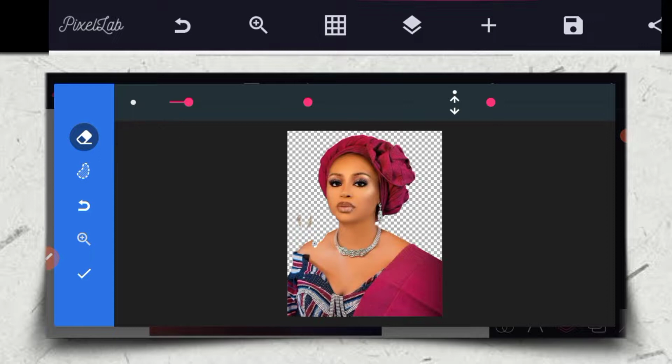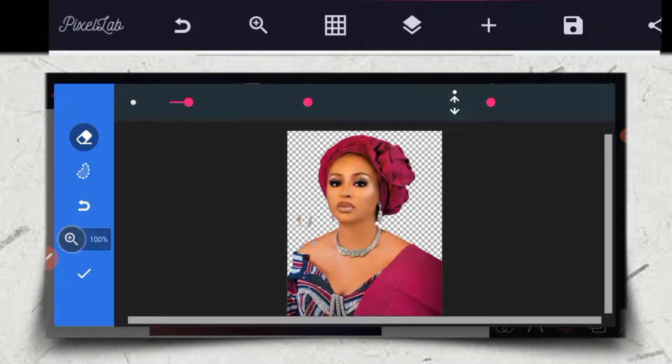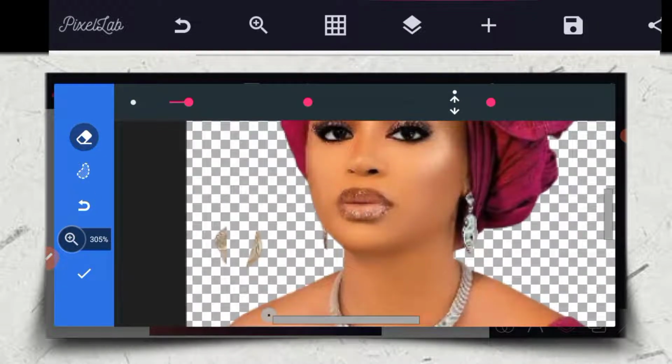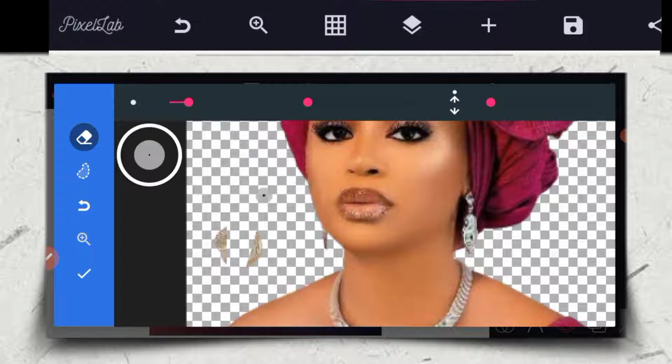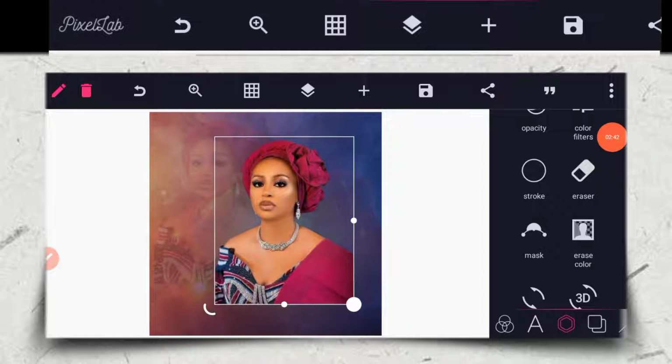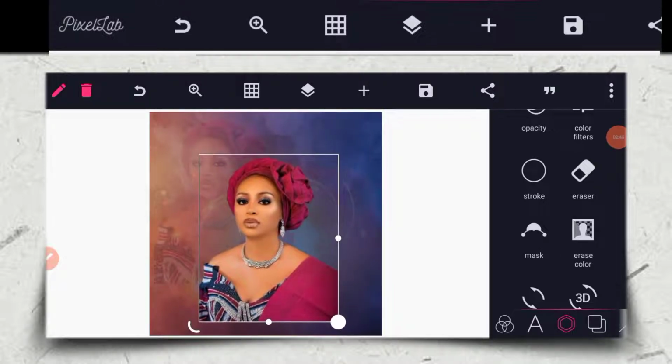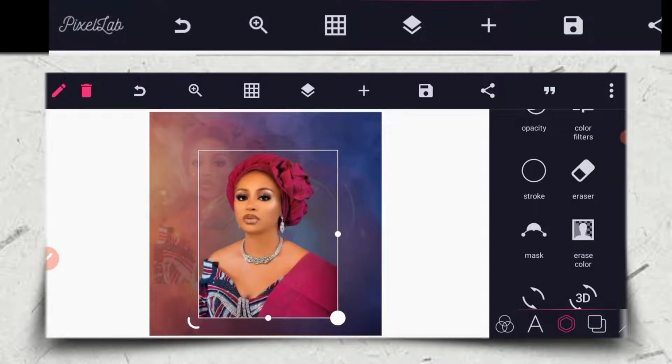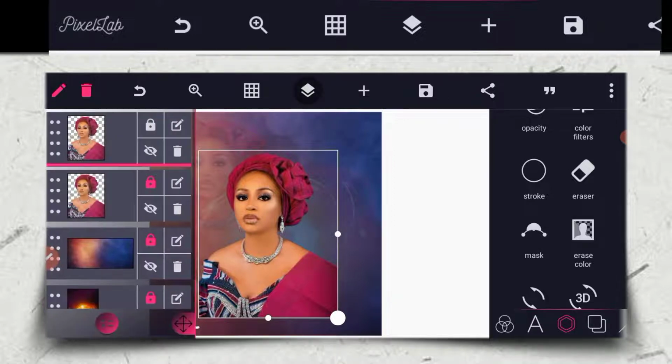You can actually zoom your work to see what you are doing. So I don't want to make a mistake. So let's go. So I didn't touch the lady. So the next thing I have to do right now is to bring it down here. Bring it down here. So after that, the next thing I have to do right now is to lock it